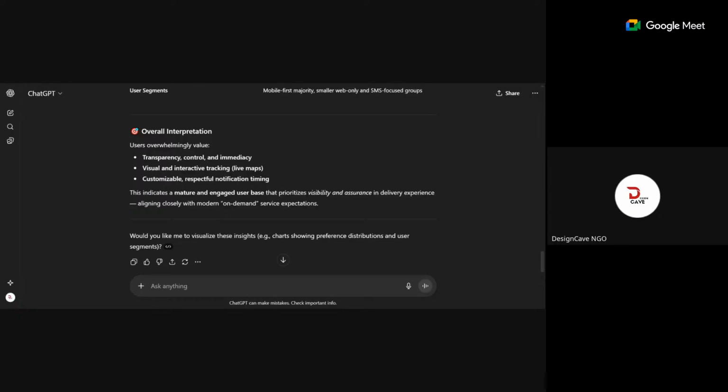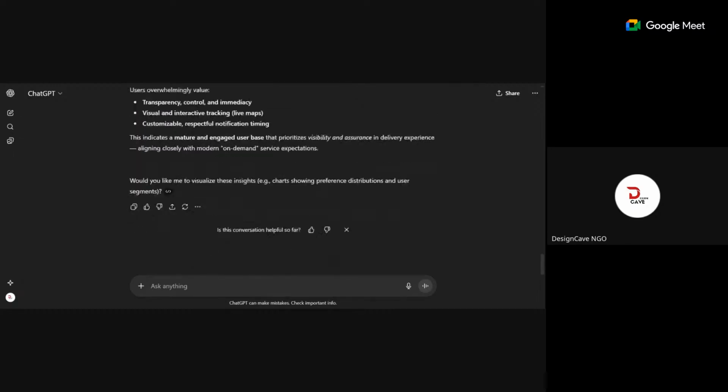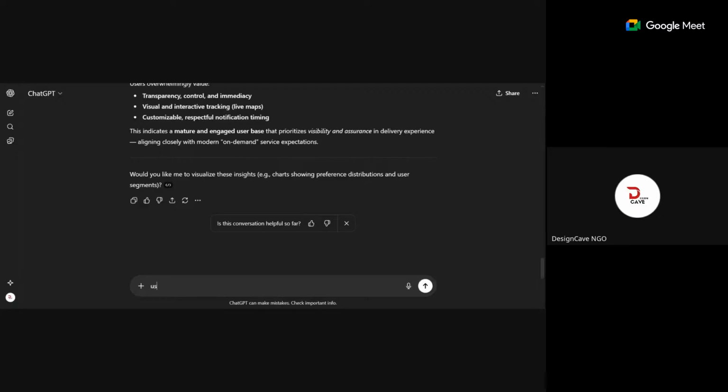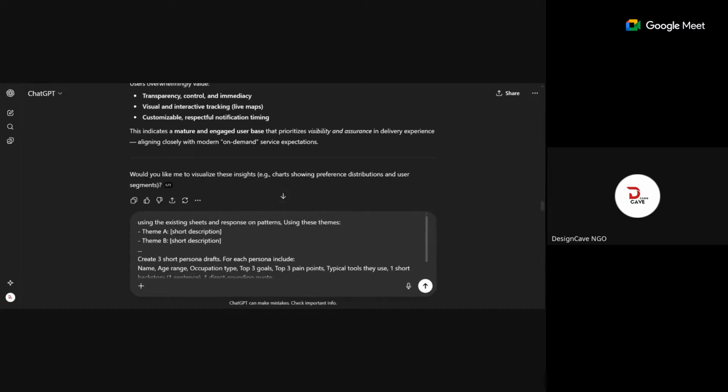We're going to tell it to include the age, occupation type, top 3 pain points. Do you understand what I'm trying to say? We are going to do that now. So let's do that, using the existing info, the existing themes and response patterns, which is more like our affinity mapping.